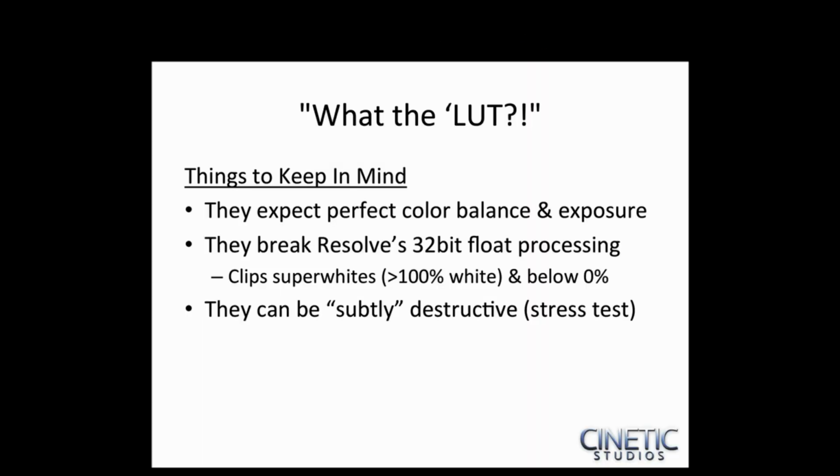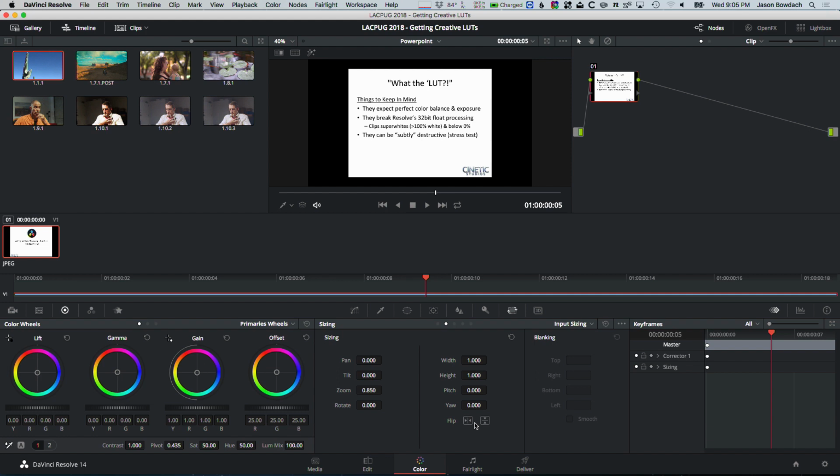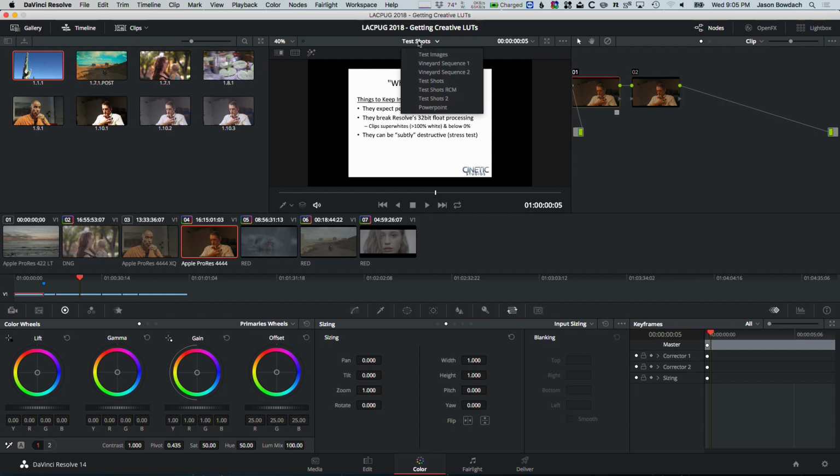They can also be what I like to describe as subtly destructive. And what I mean by that is they can basically degrade your image in a way that you probably won't see with the human eye unless you're looking on a very large screen or you're using some tools. And what I want to do is show you really quickly how obvious this is when we actually use a tool. I have a LUT stress test here, and if I go to our test images,